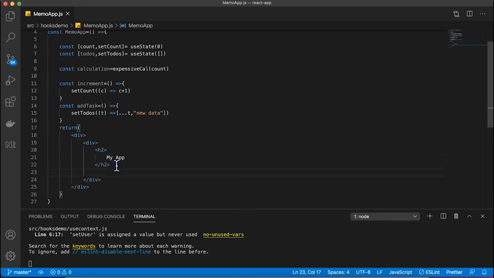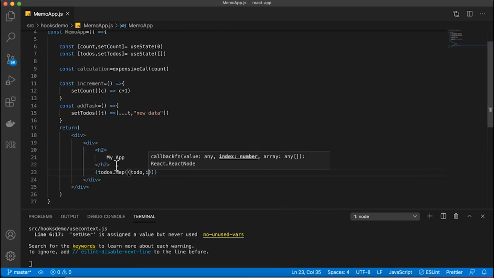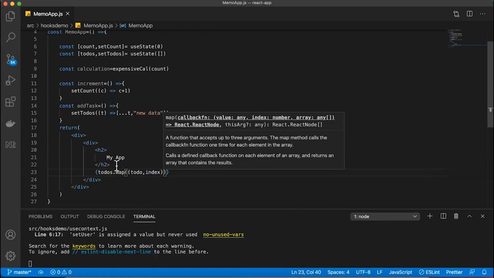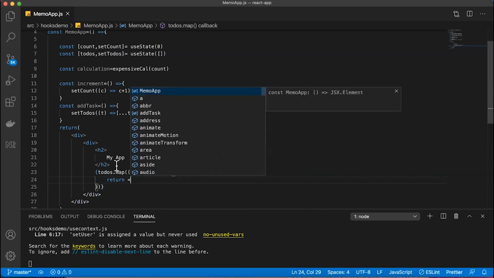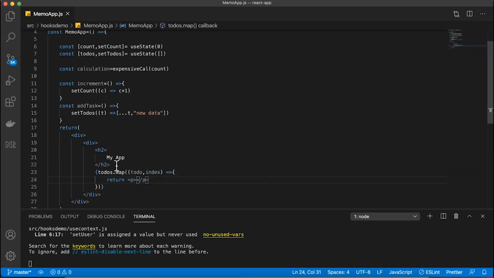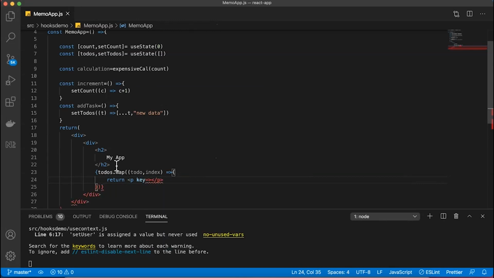After this h2, we would like to use todos.map, index, and here we're saying return paragraph, key equal to